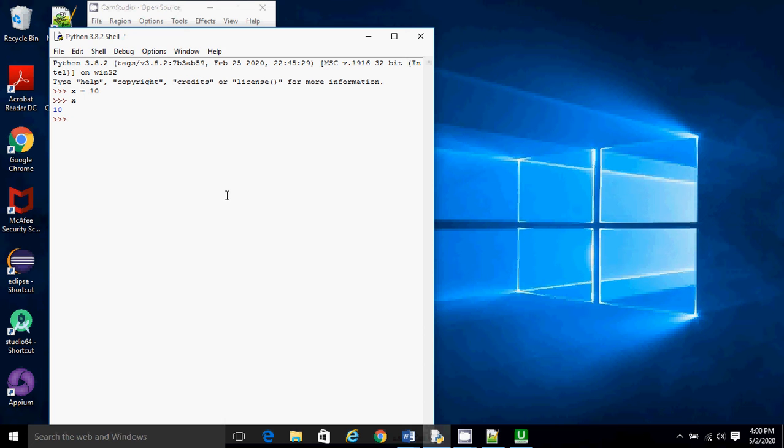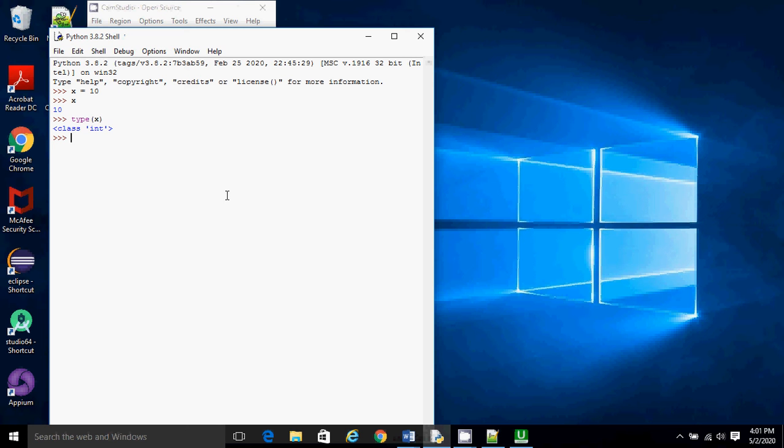But now the question is how can we know what data type the interpreter has given to this variable x. So there is one function in Python called type. With the use of type, you can come to know what data type x has been assigned by the interpreter, or what the type of x or any variable or any object in Python is. So let's give x as an input to type, and you'll see here it's class int.